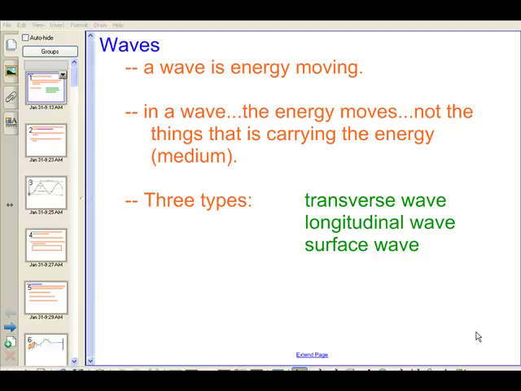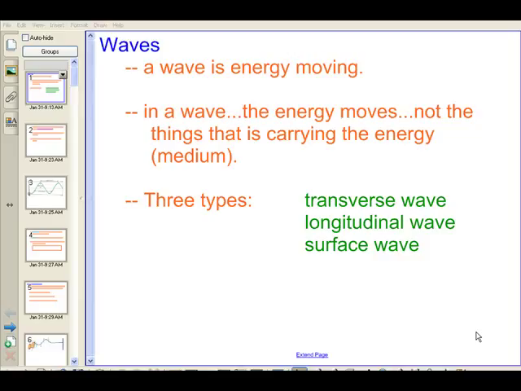Sound, light, earthquakes, all this stuff, it's all energy. Energy moves through the ocean in the form of heat and in waves. And a wave is energy moving. That's what a wave is. A wave is the manifestation of the energy. Basically, it's about the only way you can kind of see energy. Like if you look at the ocean, you see that wave going by.